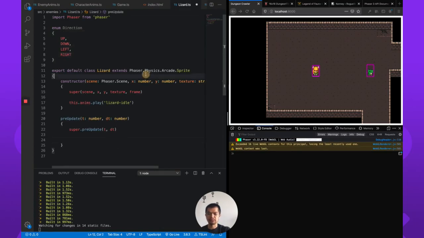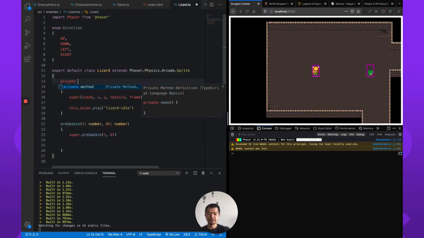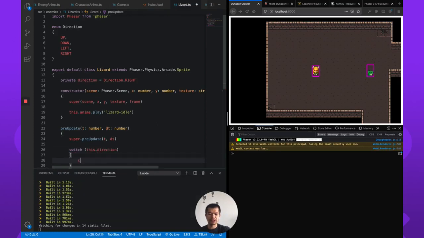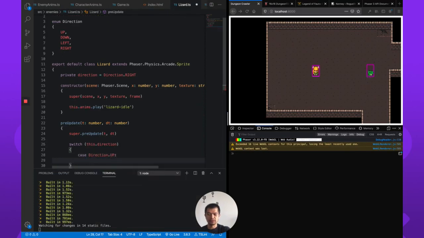Okay, and we're going to give our lizard here a starting direction, and it's going to be Direction.right. Okay, and now in the update, let's do a switch here. Based on the direction, we're going to do some logic. So case Direction.up. So if up,